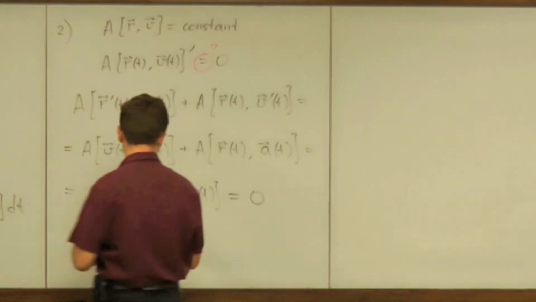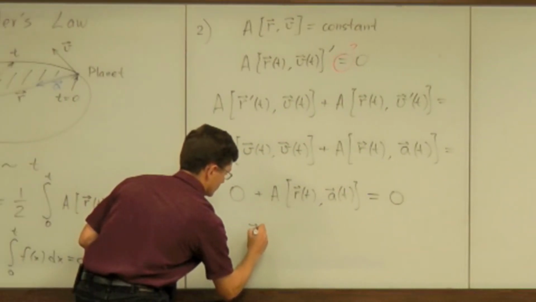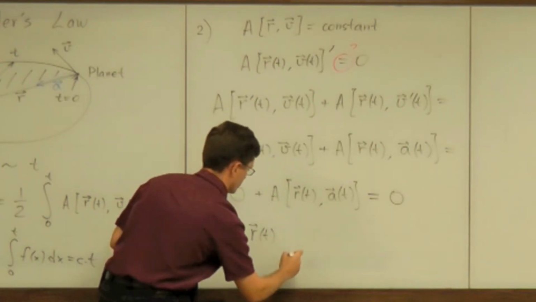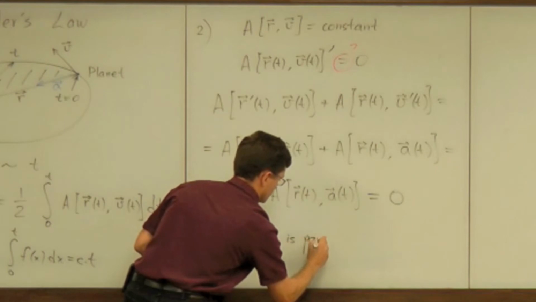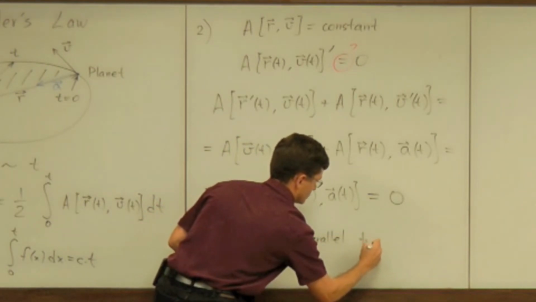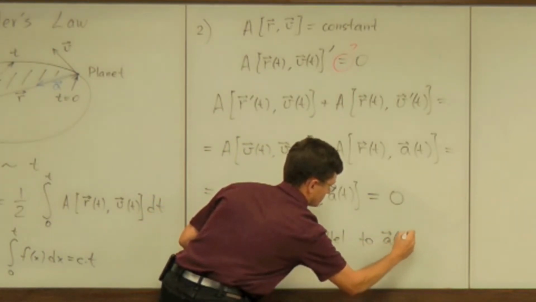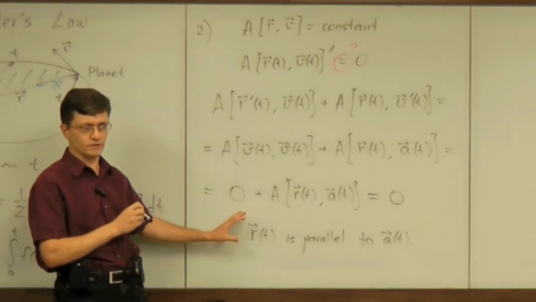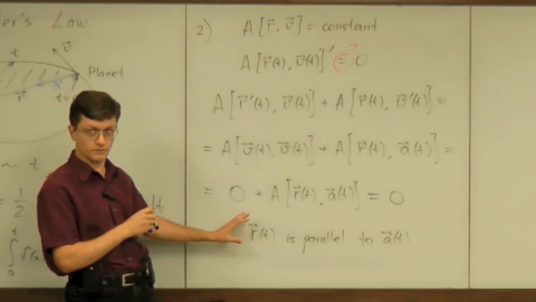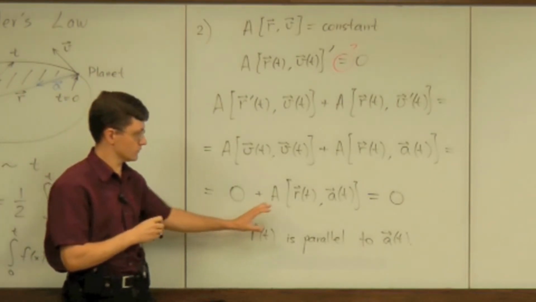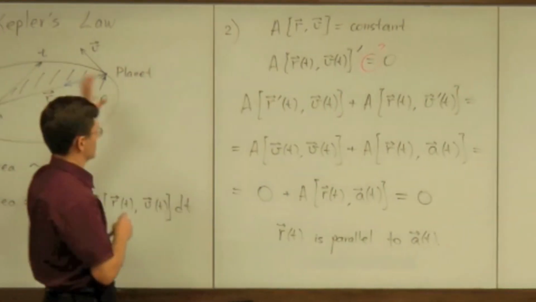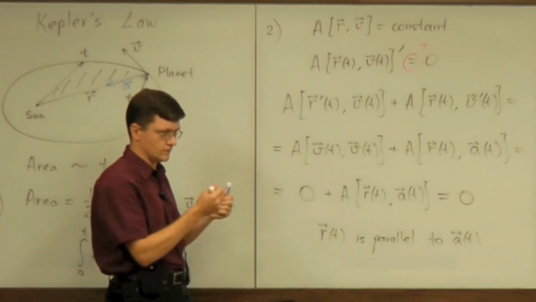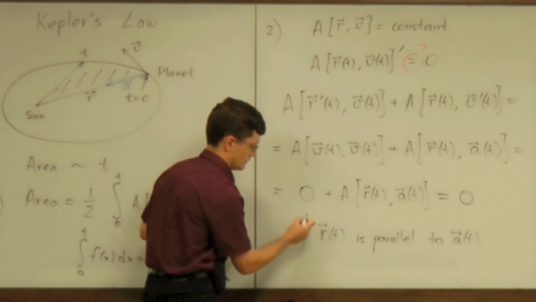So let me emphasize that. Position is always proportional or parallel to the acceleration. So that's the minimal thing that is needed, right? We only need that to conclude that it is 0, and therefore to conclude that Kepler's law holds. But now, as we figured out the minimal condition needed,